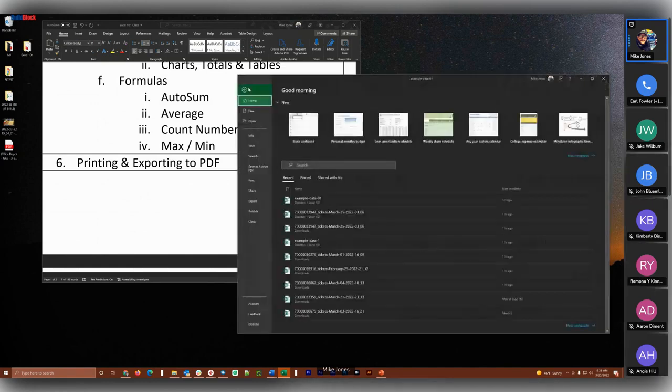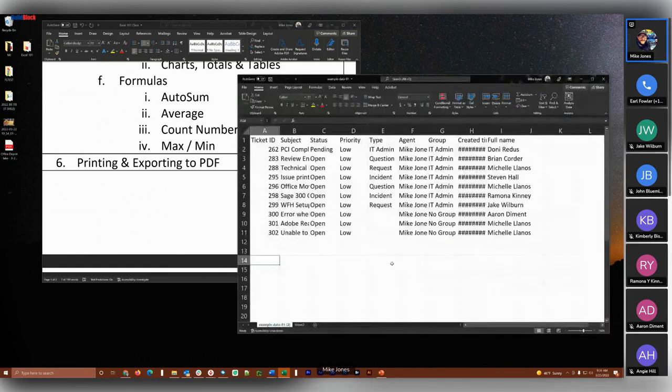Printing is like any other program, but I wanted to show you guys that within here is a built-in Save as Adobe PDF. So again, especially with Excel documents, you should probably always take a moment and think about whether they need to edit the data or not when you're sending it to somebody, right? So if they need to edit the data, send them the Excel document. But if what you're trying to do is communicate data and make sure that they can't change it,